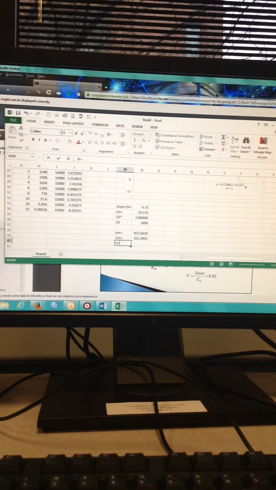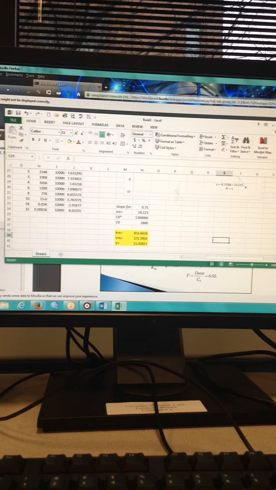The volume of distribution is going to be equal to the dose divided by C0. So the dose will be this one, so this will be equal to the dose divided by the real C0, all right? That will be this one. And I find the volume is 11, all right? So these are now my